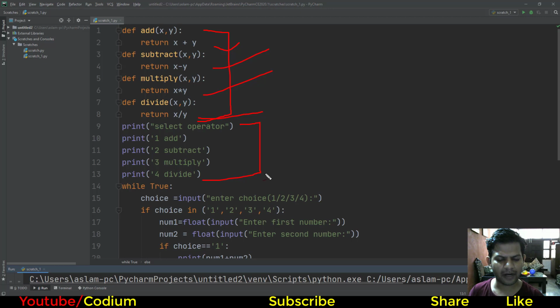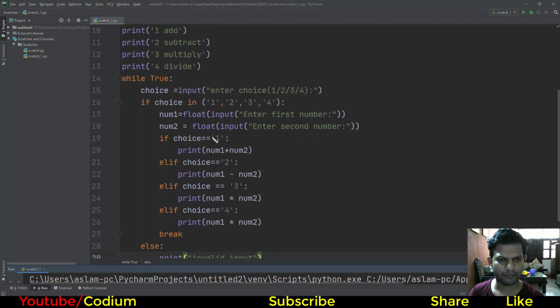Okay, next we provide a while True loop with choice input. If we choose input 1 to 4, this is for the message that appears. This is for asking for input. If we choose 1 to 4, this is true, and the while loop works. And the next condition, if the choice is 1 2 3 4, if we choose any number from 1 to 4, it asks for number 1 and number 2.